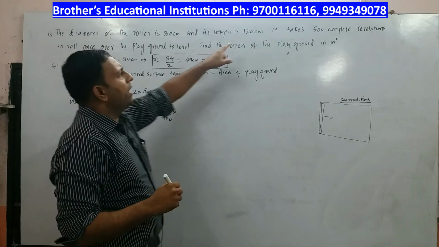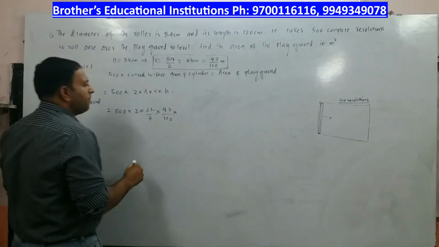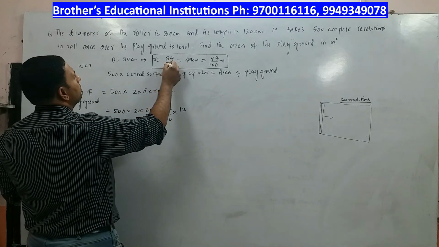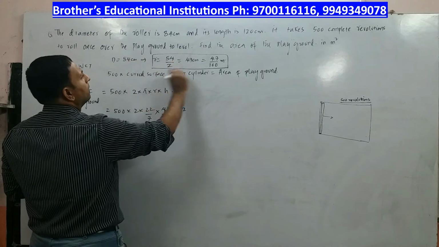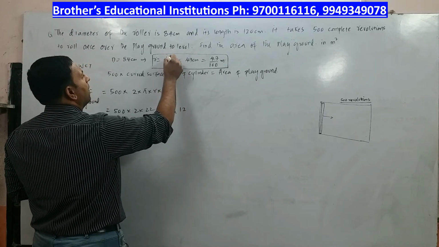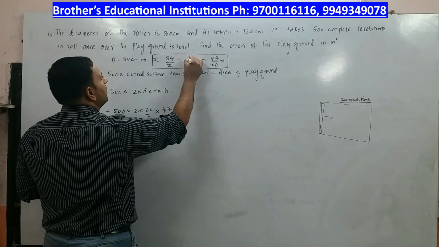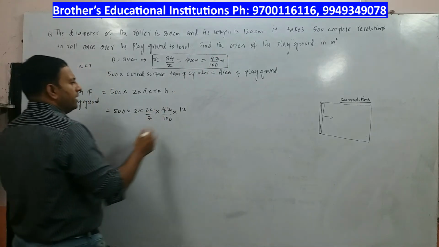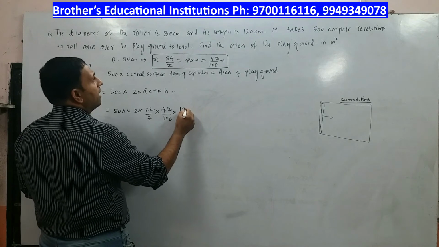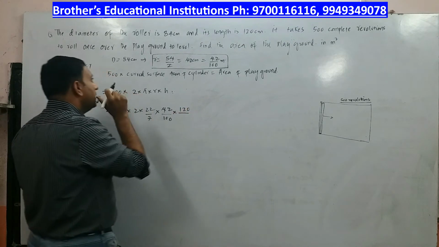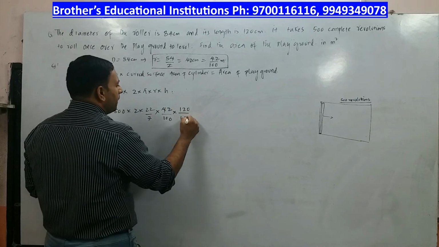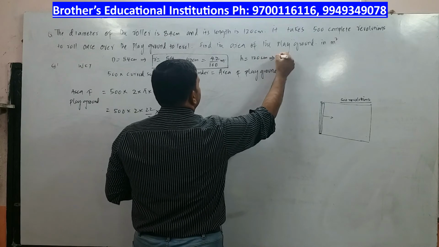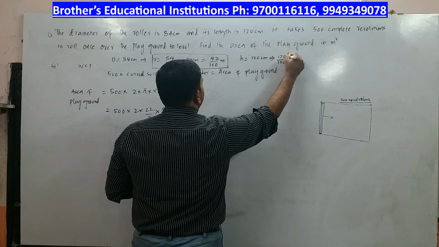What is the height given to you? Height is given as 120 centimeters. So it is 120, right, how much? 2 4s and 2 2s, it is 42, is it not? 42. All right, so this is 42 instead of 47, that is 42, right? So the length, the height, is how much? 120 centimeters. That means 120 divided by 100. Height is equal to 120 centimeters implies 120 by 100 meters.